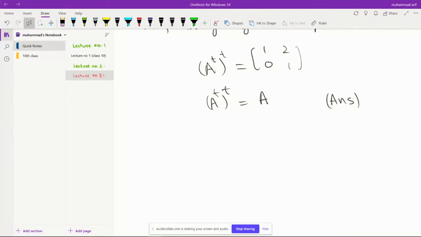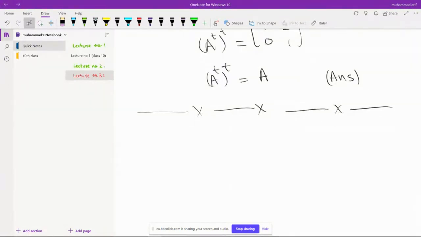We come to another definition, addition of a matrix, and we solve some other questions of exercise 1.3, for which we first define addition of a matrix. As in the previous class we saw how we add two numbers. Here we learn how we add two matrices. Therefore, first of all, define addition of matrices.